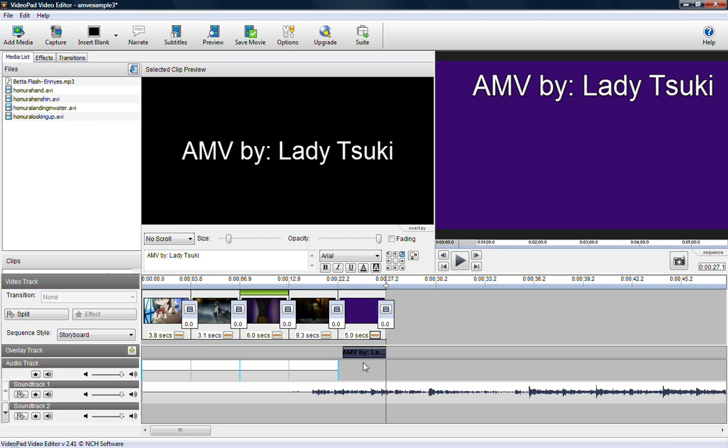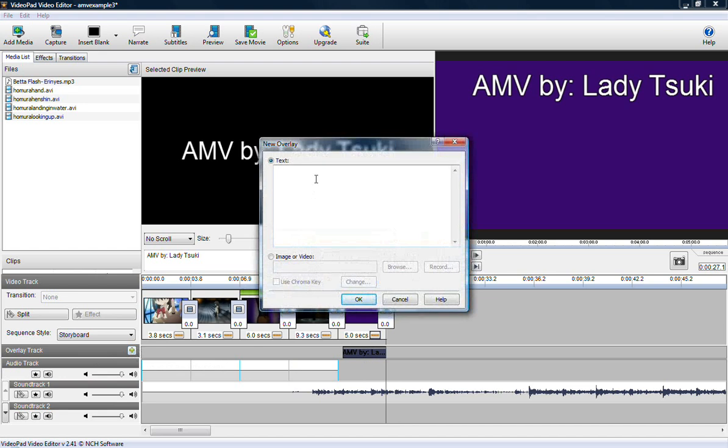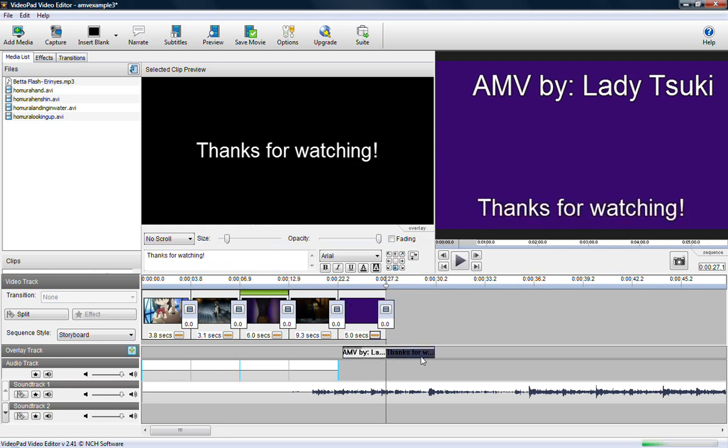If you don't want all your text appearing at the same time, all you have to do is repeat the Add Overlay step, and you can have the text appear at different times.